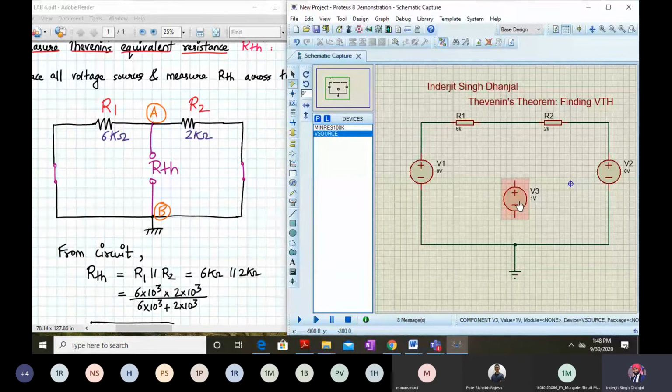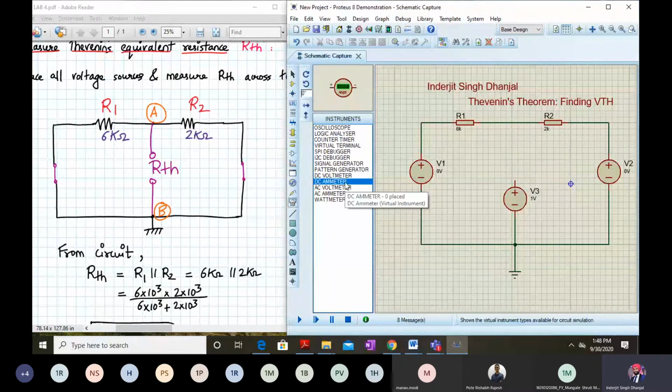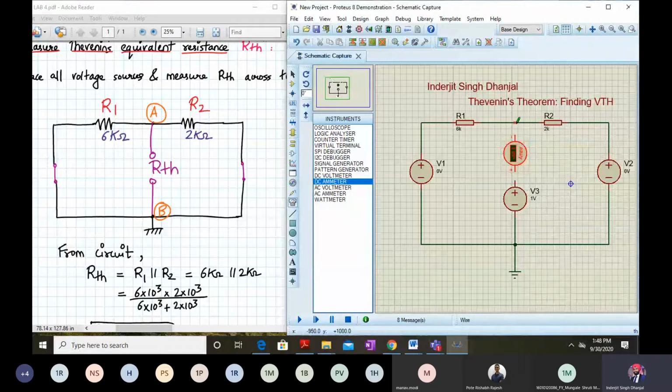So your resistance will be equal to V upon I. If I add a test source of 1 volt over here, let's say, and I measure the current through this, I have to add a DC ammeter basically. So here is my DC ammeter. I place it like this, rotate anti-clockwise, and I join it now.